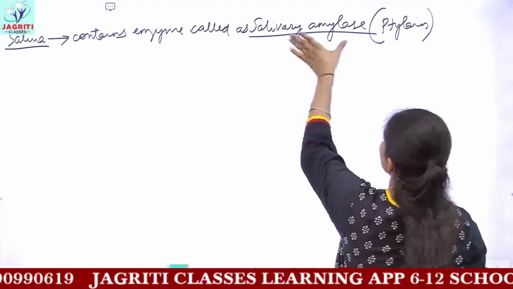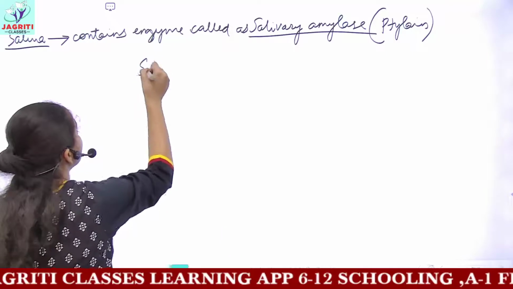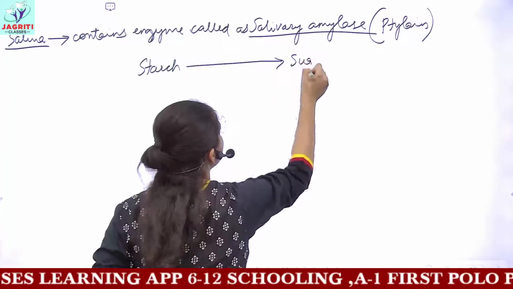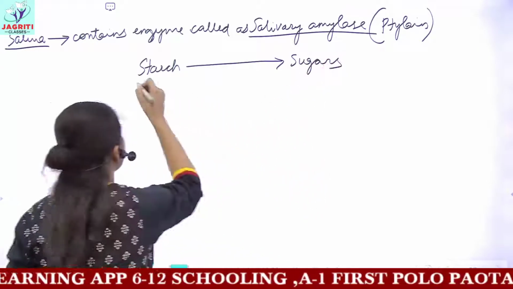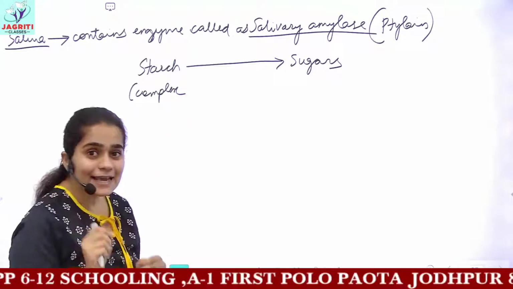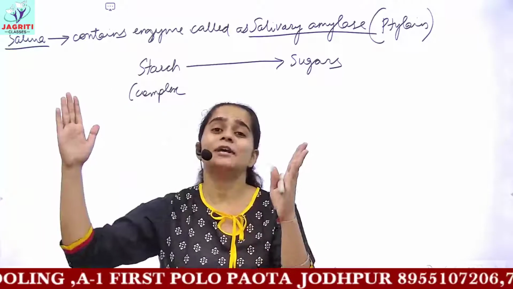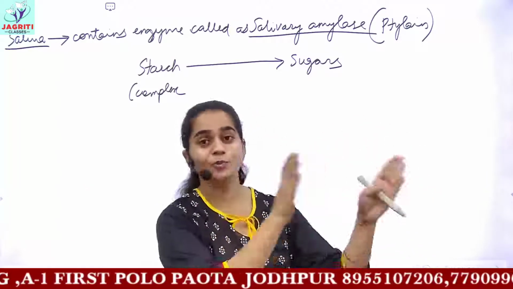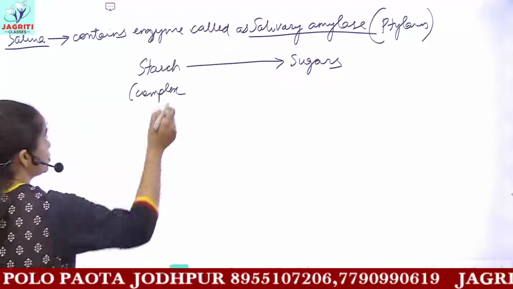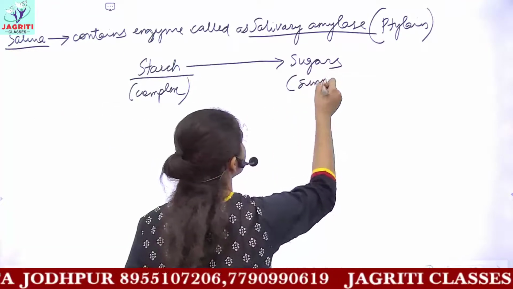What this enzyme does is it converts the starch present in the food to simple sugars. Starch is a complex molecule. We said that in digestion, all the complex molecules, meaning bigger chemical compounds, are converted into simple, smaller chemical compounds. So this starch, a complex chemical compound, is converted into simple sugars